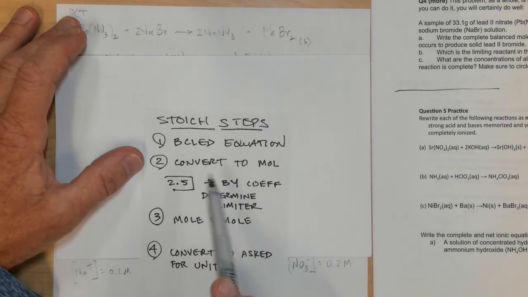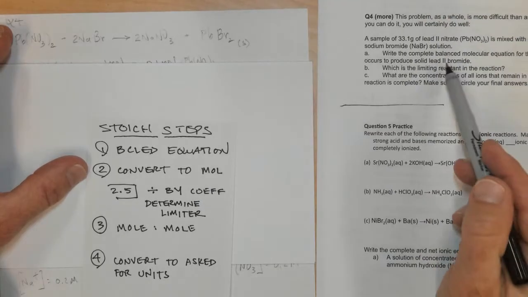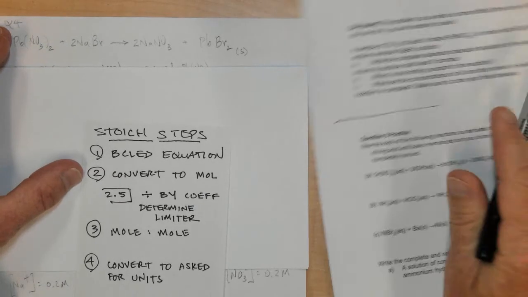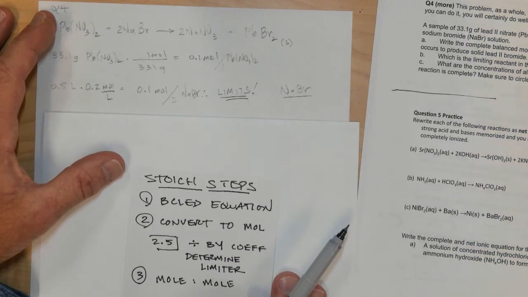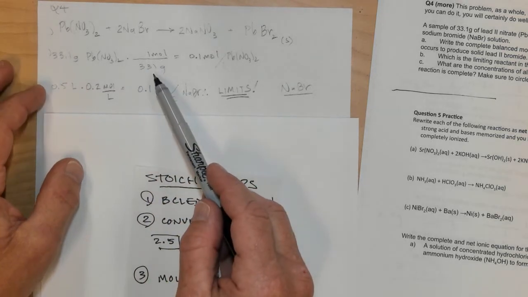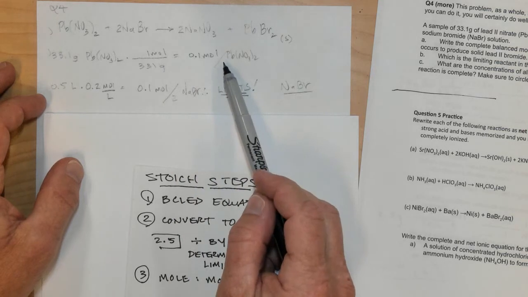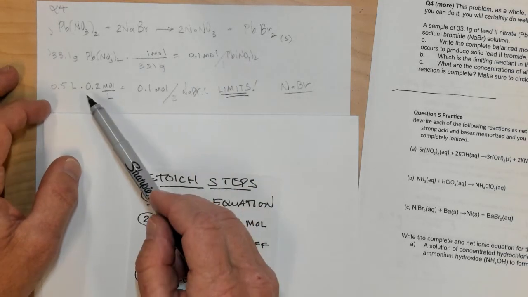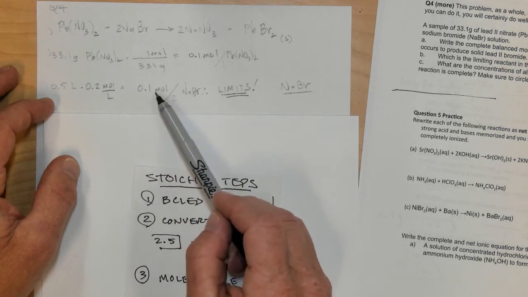So we're going to have to convert both things to moles, because we were given 33 grams and we're given a volume and a molarity over here. So two things to convert to moles. So here's my 33 grams of lead nitrate. There's 331 grams in a mole when you add up lead nitrate on the periodic table. So you have 0.1 moles of lead nitrate. And then using the molarity triangle, I convert to moles of NaBr, so I end up with 0.1 moles of